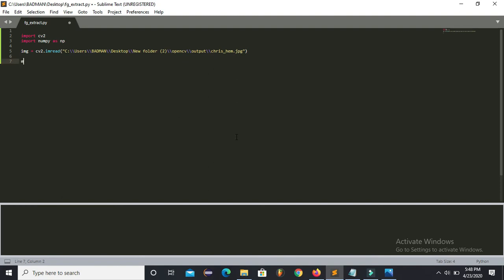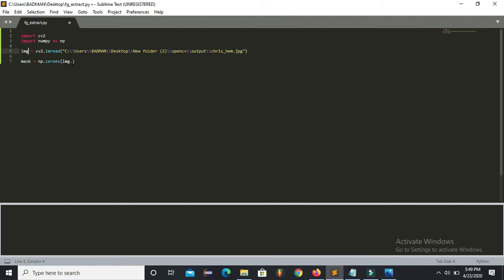Next we will construct a mask array. For that I will use a NumPy array, because CV2 reads each image in NumPy, so we will be using NumPy only. One thing is very important: the size of the mask array should be the same as your image array. The size of this img array and this mask array should be the same.